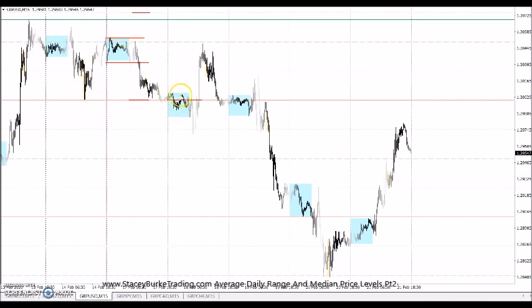So we have median price, and we talked about this yesterday, marking off the high and the low. And when we have median price, we want to look at the quarter levels that are on either side of this box as potential areas where the market can reverse out of. The market came out in the Europe changeover, London Open, and moved very quickly up, almost 75 pips.